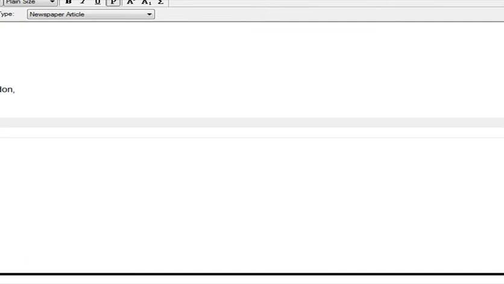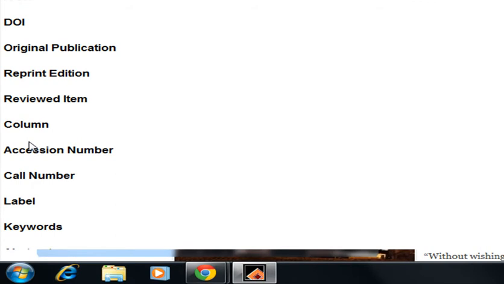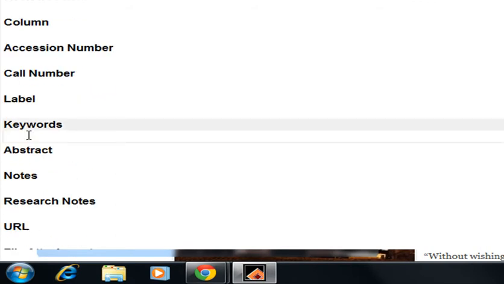City is not required. We are not supposed to fill all the fields here. We will fill only the relevant fields. Like pages, we don't need, because it is an internet news item. Issue date, yeah, it's very important. Like today is the 10th August, and the keywords are London riots, police, and many others which you want to feed here.